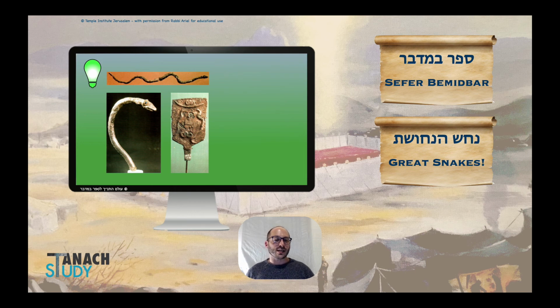It mentions that Chizkiyahu was mechatet nechash nechoshet. Chizkiyahu took that copper snake and destroyed it, the one from Moshe Rabbeinu, because I guess people turned it into some sort of god. They deified it. But what it mentions about Chizkiyahu HaMelech is that there was the worship of Nehushtan, this sort of copper snake